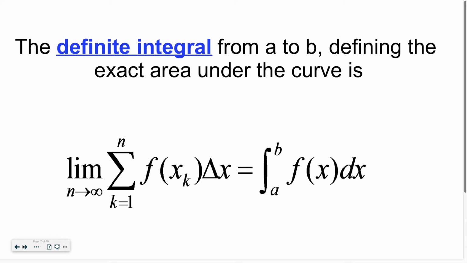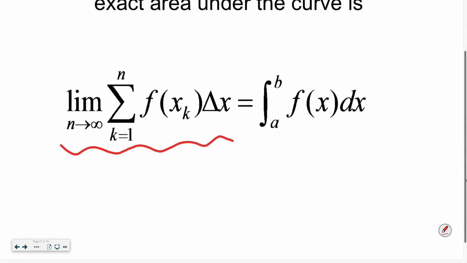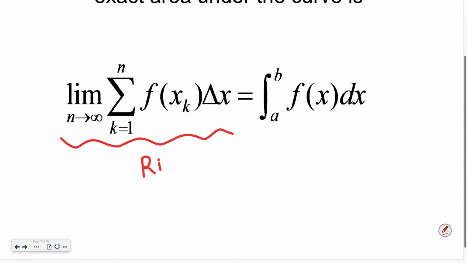All right, now we talked about right hand, left hand, and midpoints for our rectangles. When we do these Riemann sums, we are always going to use right hand endpoints. Since that is the case,